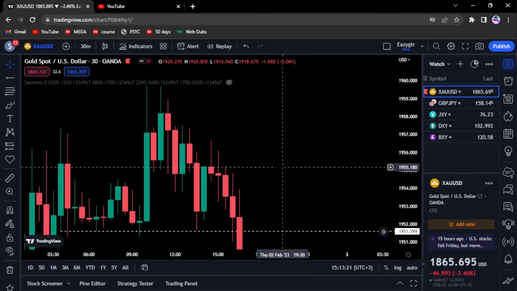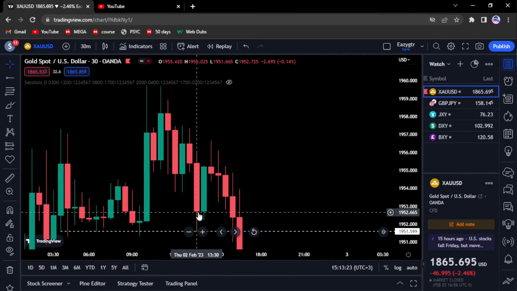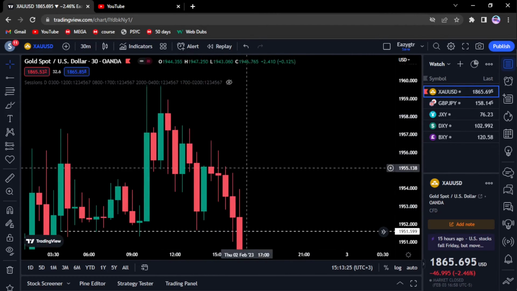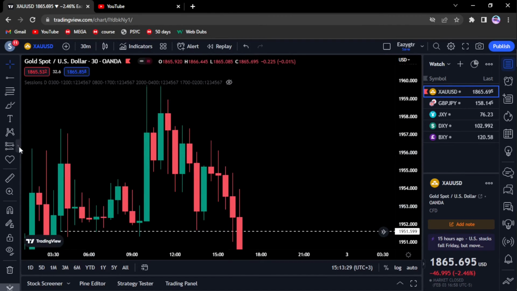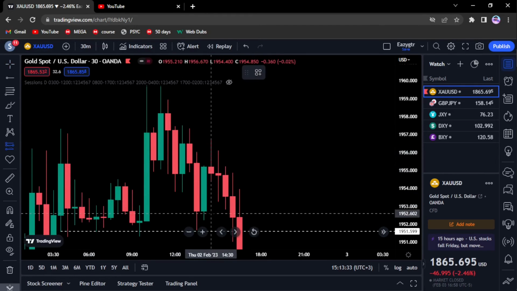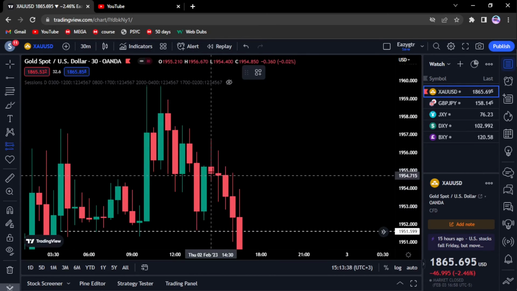Most of you also know this setup because price makes a low. 80% of the time, price is going to retest a low that it's made. So this will be the best example to use. Okay, price made a low, then came back up, retraced, closed bearish, and you want to have your trade